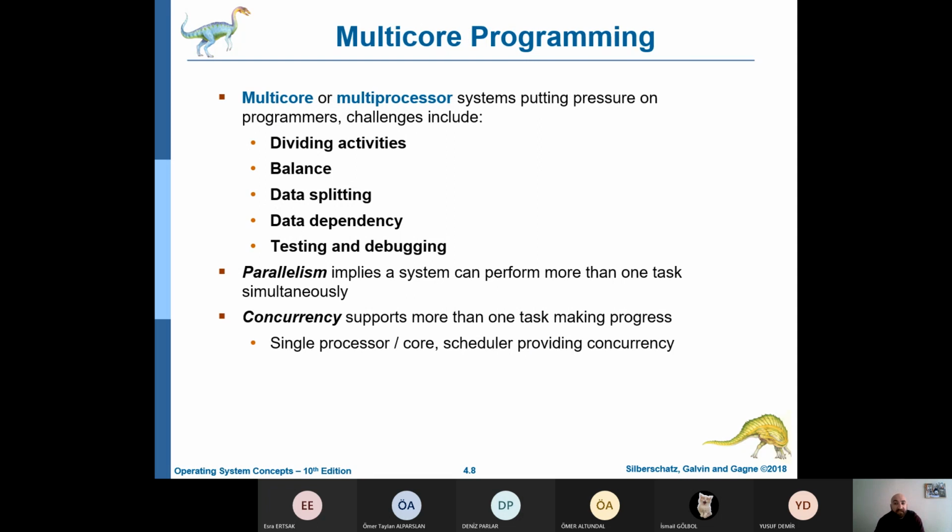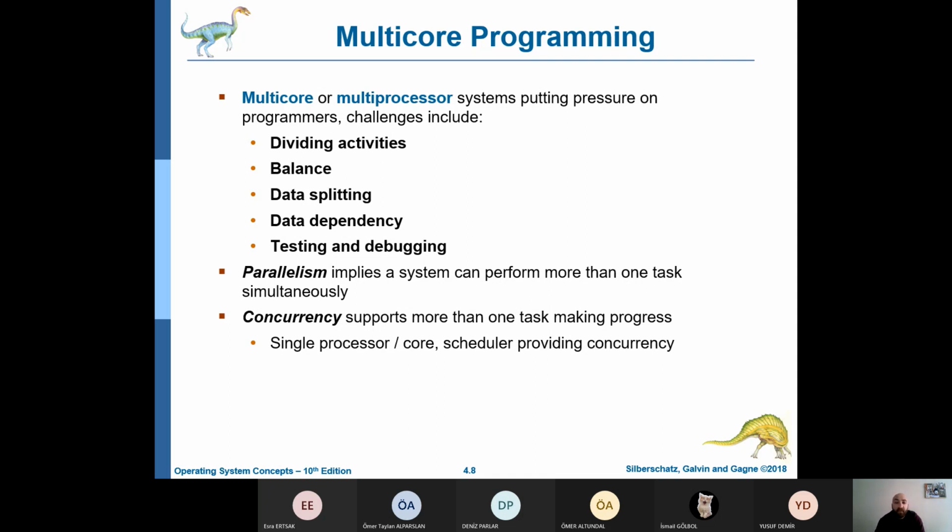Earlier in the history of computer design, as a response to the need for more computing performance, single central processing unit systems, single CPU systems, evolved into multi-CPU systems. Later, a yet similar trend in system design is to place multiple computing cores on a single processing chip, where each core appears as a separate CPU to the operating system. We refer to such systems as multi-core, and multi-threaded programming provides a mechanism for more efficiently using these multiple computing cores and improved concurrency.